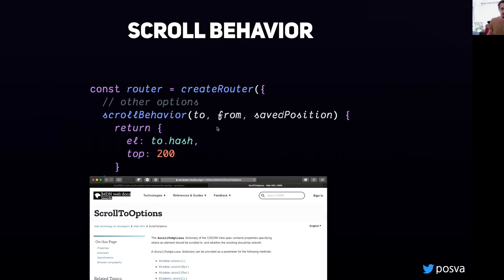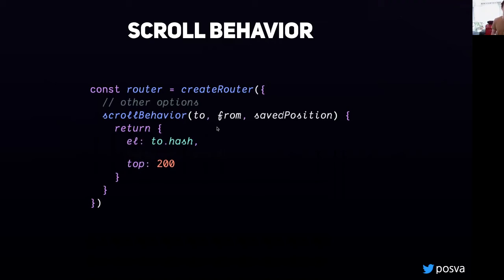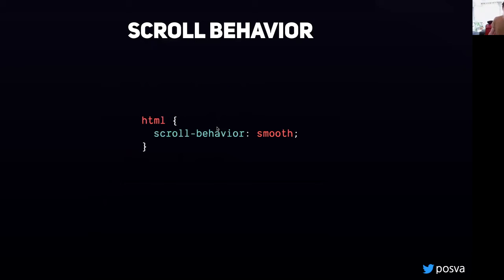This is to align more with the scrollTo options, to show that we support passing the same kind of options to that object, meaning that we can add things like behavior: smooth to get smooth scrolling. You can also do this in HTML directly. If you set scroll-behavior: smooth in CSS and apply it to html,